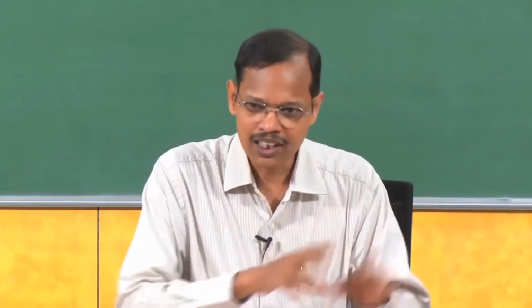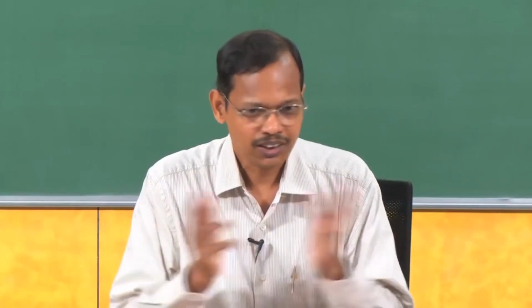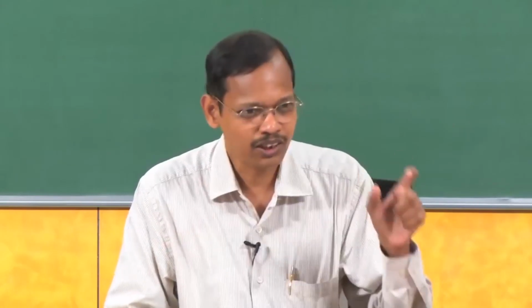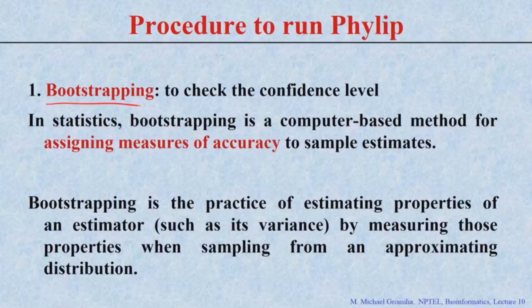If your tree and the randomized tree are the same, then what will you infer? It is not significant, because it could be possible by random, not exactly that 1 and 2 are close to each other. Even if you take any random sequences, 1 and 2 will be close to each other, right. For this case, they use a method called bootstrapping to increase the confidence level, whether your tree is confident or